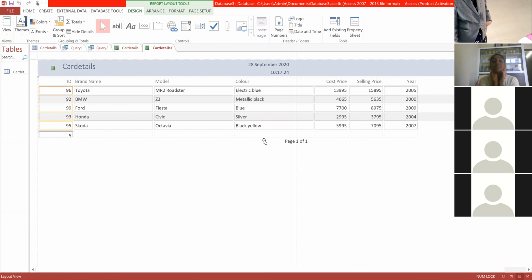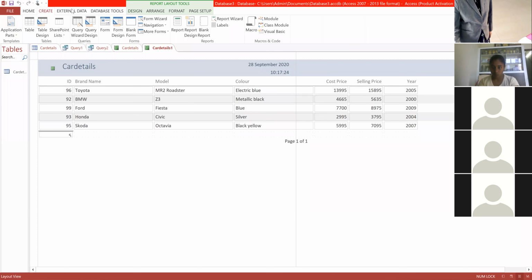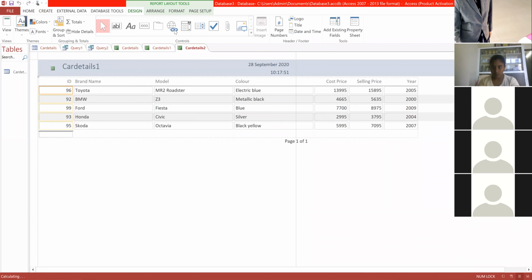The one you are seeing is layout view. It's showing this is one page and this is the next page, right? Understood, ma'am? How to go for a report: first we have to select the table, only one we have created, that only it will display. Create, here we have reports, right? So it will open.